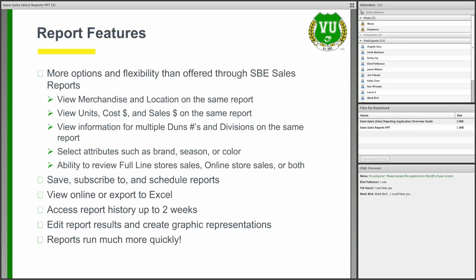The new reporting platform does offer more options and flexibility. You can now view merchandise and location on the same report, as well as units, cost dollars, and sales dollars. In addition, you can view information for multiple DUNS numbers and divisions on the same report. Completely new, you can select attributes to report against, like brand,